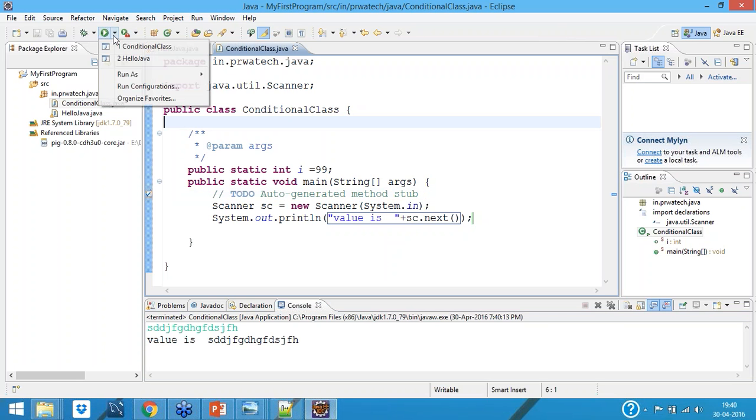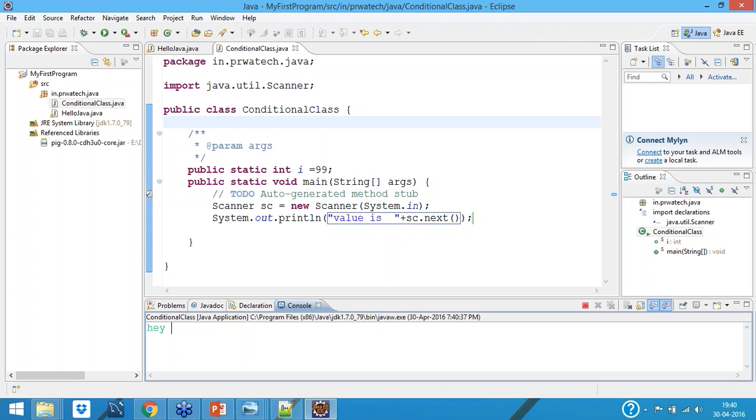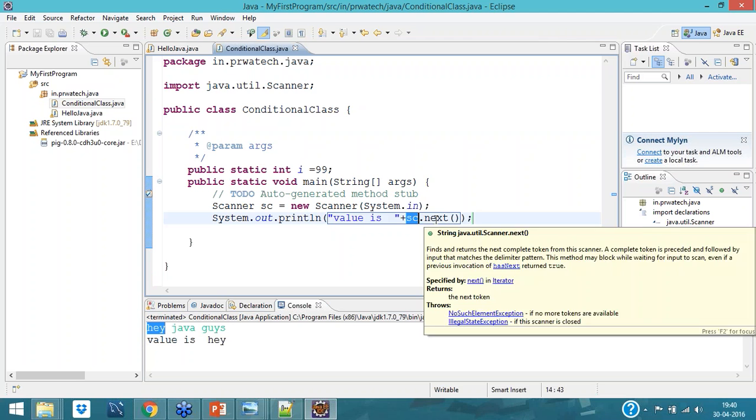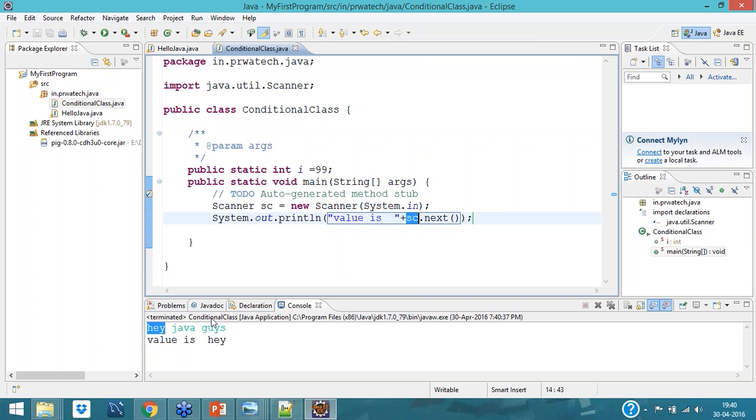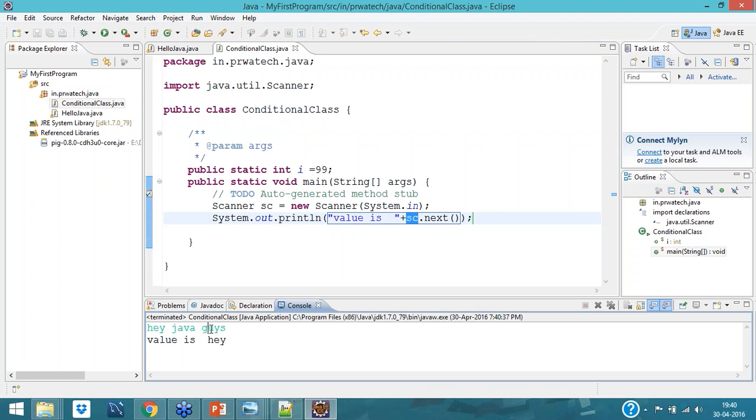Let me write something else. Let me run this one again. Hey Java guys. Value is hey. Why is it taken like this? I have done sc.next. I have not taken all the things. I have to write next, then write some command to get another one, and get another one.